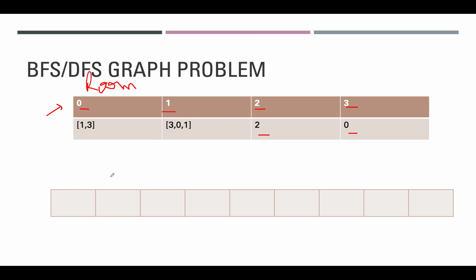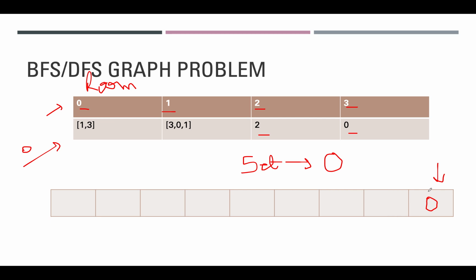I'll be solving this using the BFS approach because I feel it is more intuitive, but no hard feelings for DFS. We can do it with DFS as well. So let's try this out. Let's assume that we started from room 0. The first thing that we are going to do is insert this entry in the queue and mark this room as visited. So we'll maintain a set of visited indexes, and there we'll mark 0.